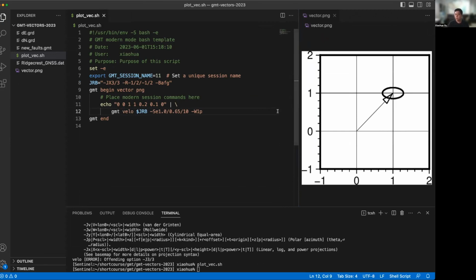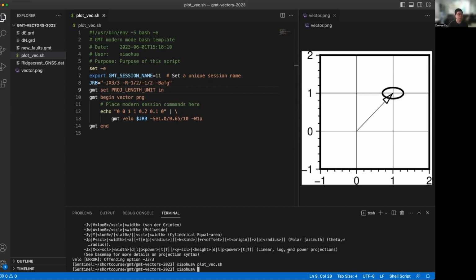Another thing that I want to mention here is that some of the systems have a different default projection unit. Those can actually be changed. For example, GMT set PROJ_LENGTH_UNIT, which is the length unit. For example, if I want to change it to inch, and then you run this one